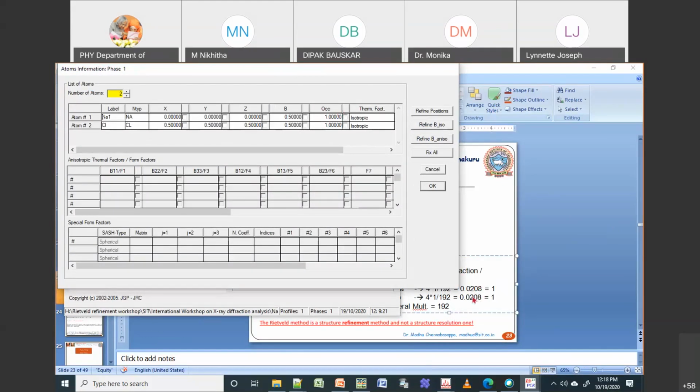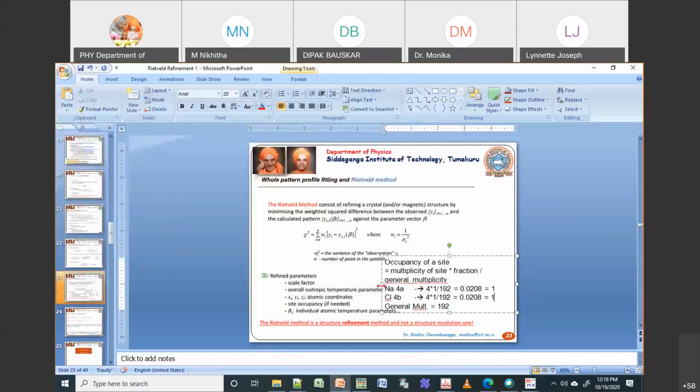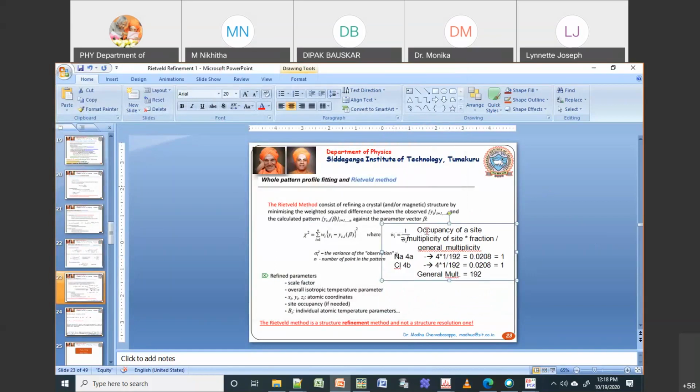If you are doping, for example, some potassium in the place of sodium, then what happens? Instead of NaCl, my crystal is Na 0.8, K 0.2, Cl. Now what will happen to the occupancy?